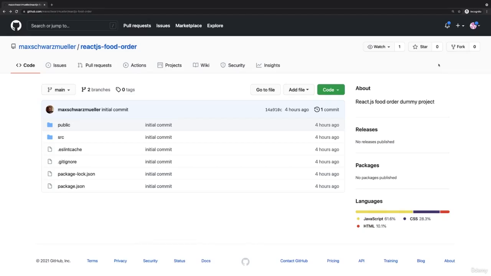It's my turn again now, and we are in a completely different scenario actually. This here is not the account I worked in previously. This is a different GitHub account, on Max's GitHub page, so to say, on the GitHub page of this React.js food order repository. The thing is that this account is no collaborator of this project actually, but as this